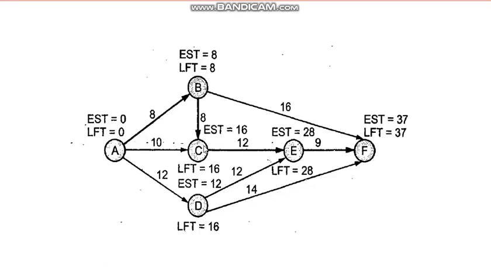When we come to node C, you see node C is getting inputs from two sides. You see one arrow is coming from B, another arrow is coming from A. Now you have a choice. Now here if you take BC, what happens is the earliest starting time of the starting node is 8 and the duration is 8, so it comes to 16. That is what is written here. But if you take AC,